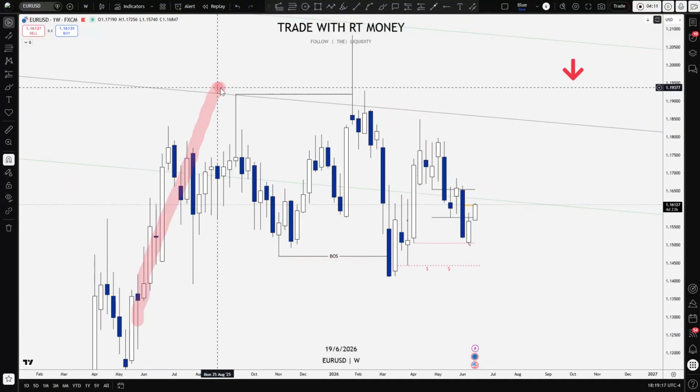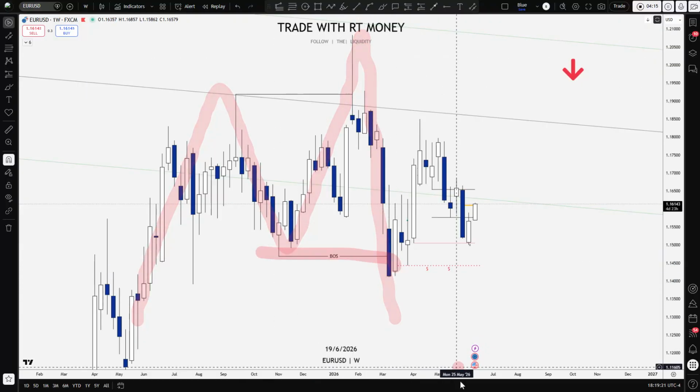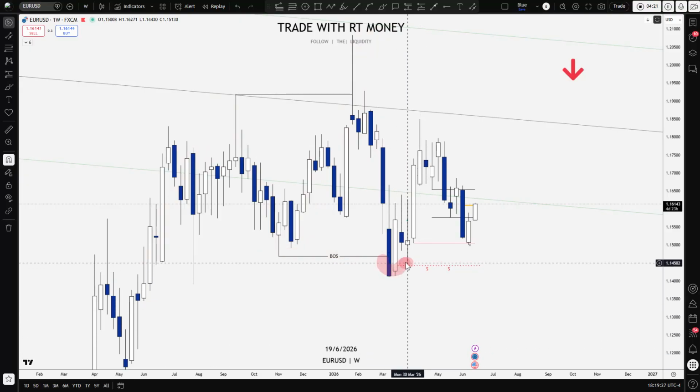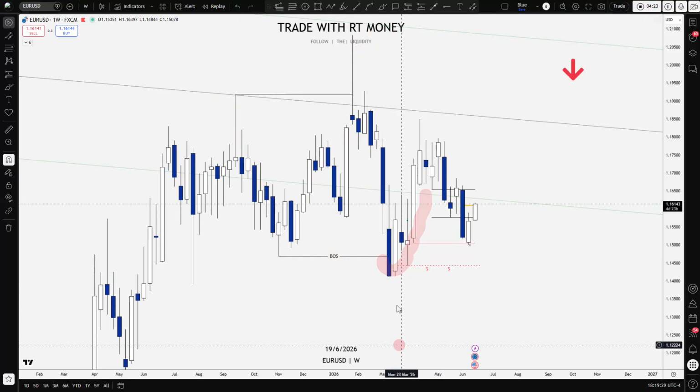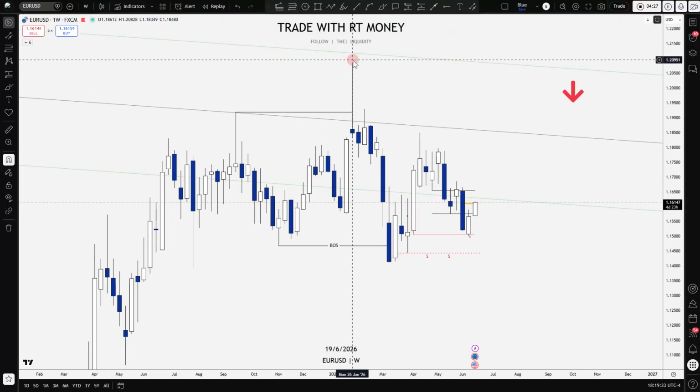What did we make? Higher high, higher low, higher high, lower low. Boom. This is our calling card. This is our sell model. You wait for the pullback to where? Well, if you use your Fibonacci retracement tool, like I just explained in the other video,